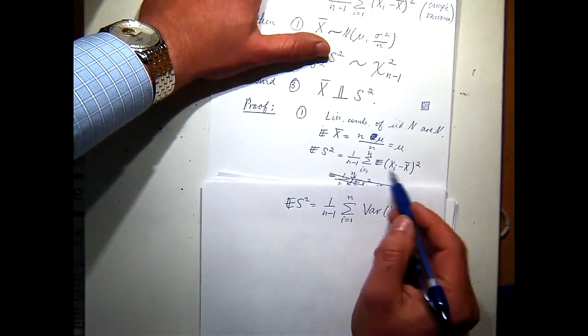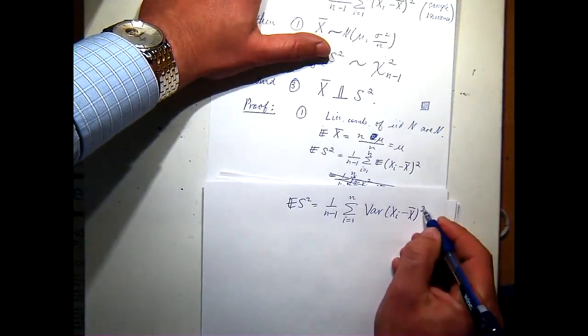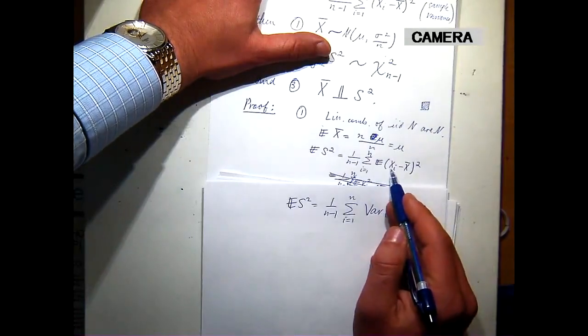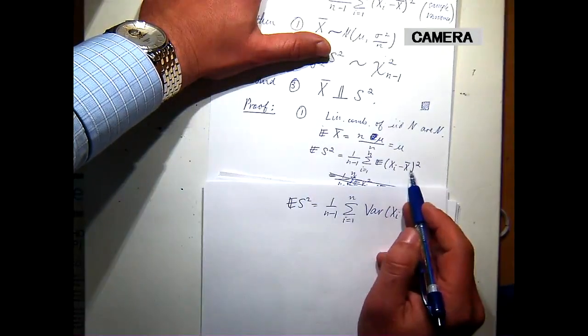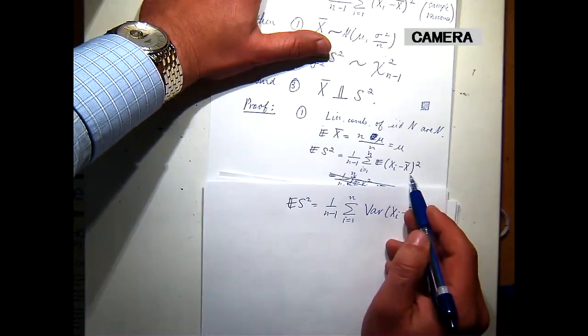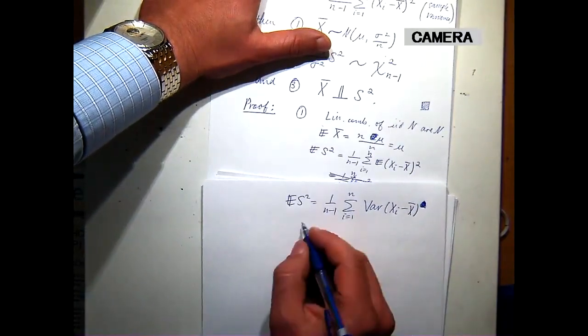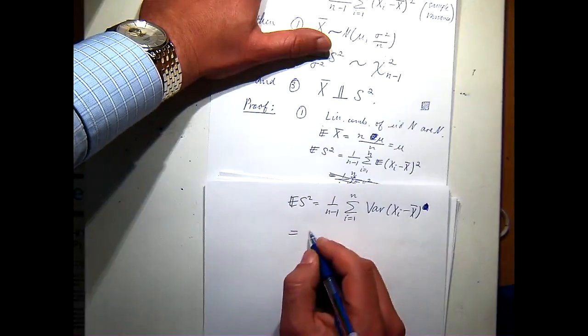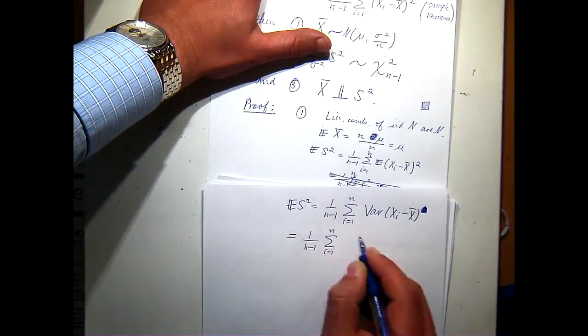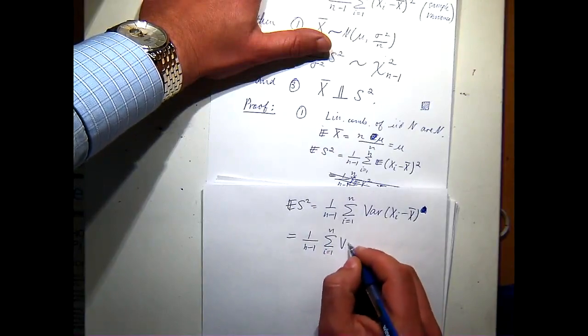That's because the expected value of something squared is the same as the variance of that thing in the case where the mean is 0. We know that the expected value of xi is mu, and we know that the expected value of x bar is mu. So this thing I'm taking the square of has expectation 0. So this is a much nicer way to write it. So that's 1 over n minus 1, sum i equals 1 to n, and now I just expand that out. Variance of x